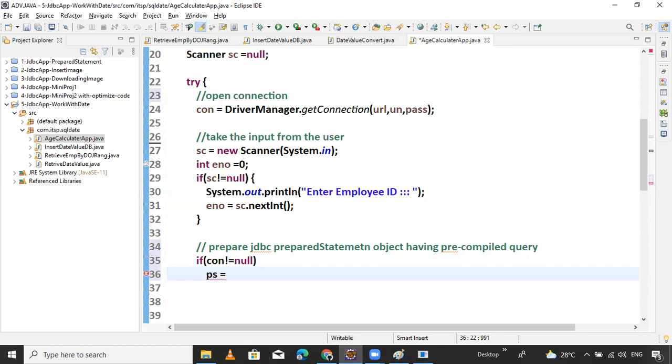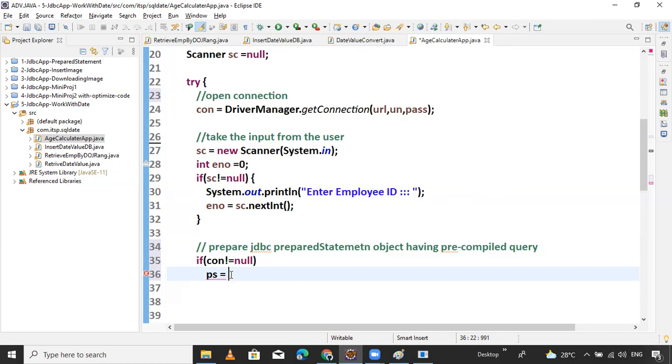If the connection is null, then it is not required to prepare the statement.